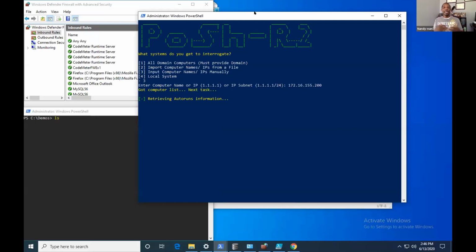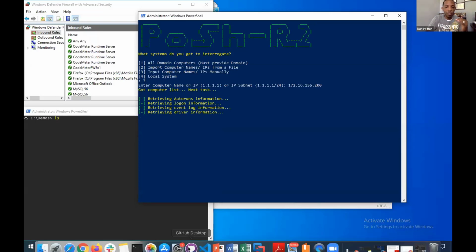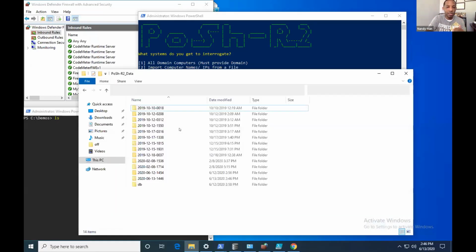So if I gave it a larger subset of systems, it's going to be multi-threaded in the sense that it's going to go out and get this information, come back to a general collection point, and then get added into the actual files in which I'll then go back and look at if necessary. So while it's going out and doing that, let's look at the structure.